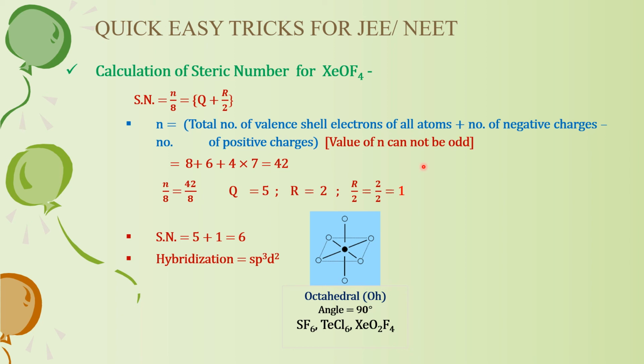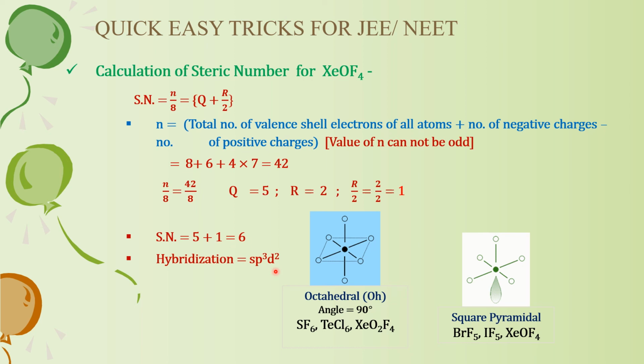But in this case, we have one lone pair, and when one lone pair is present, that changes the shape of the molecule. The shape is in accordance with the position of the atoms. Here one bond is replaced by a lone pair, so you cannot see anything in the shape at that position. The geometry remains octahedral, but now the shape becomes a square with a pyramid on it, so a square pyramidal shape. So XeOF4 has a square pyramidal shape and octahedral geometry.